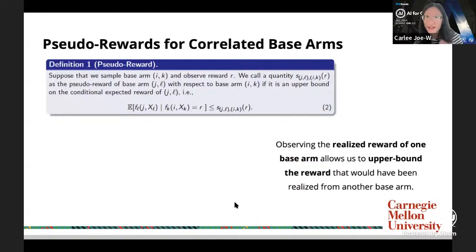All right, so this is the basic problem setup. Now, as I said, the intuition behind what we're going to do here is that allocations of different amounts of resources are going to give correlated rewards. If I give a certain amount of resource to a user, and then I give more resources to this user, they're going to be even happier, they're going to have an even higher reward. That induces a statistical correlation between the rewards that I observe for different actions that I take. So in particular, we can define what I call pseudo rewards. Pseudo rewards are just saying, given the reward I experience with a particular action,